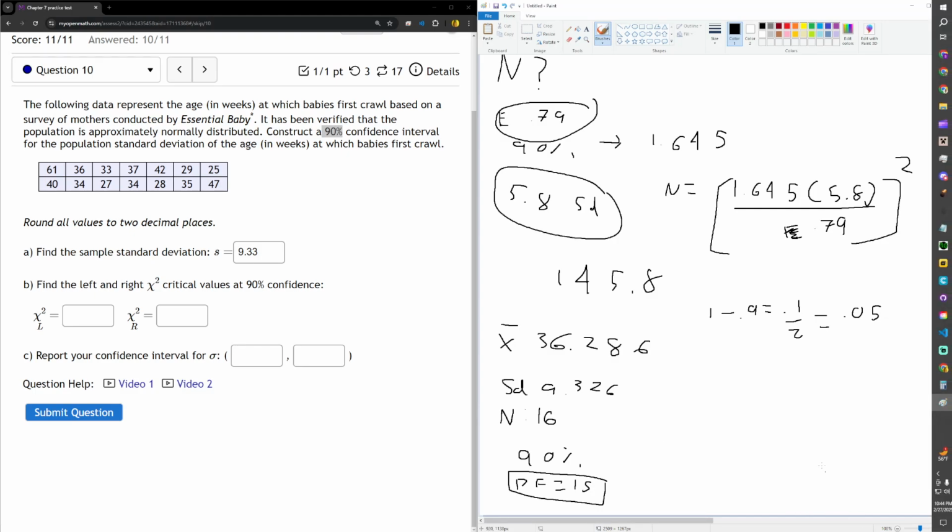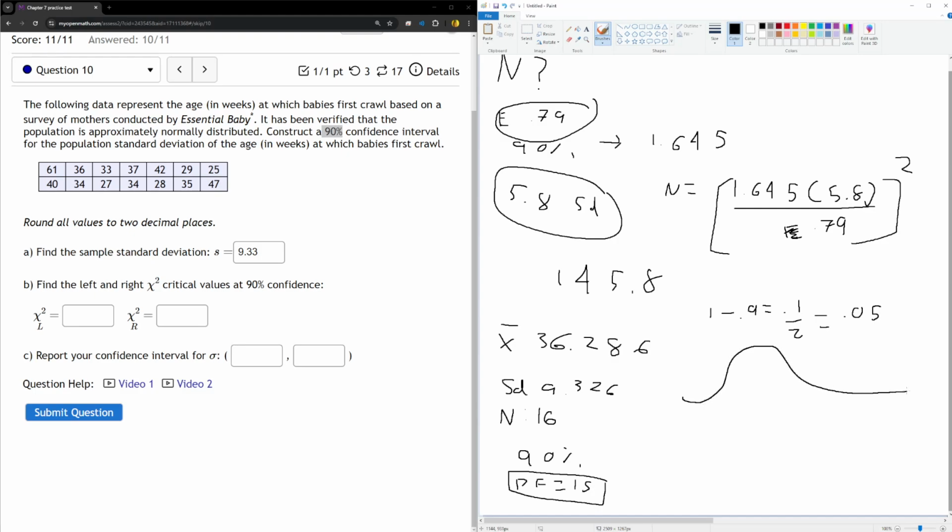In this case, I get, let me draw this just in case you're visual. So our 90% is this. That'd be our 90%. The 0.05 would be here and here. We want to solve for these z-scores, so we don't know how, but the table does, which I like. Okay, so that number is